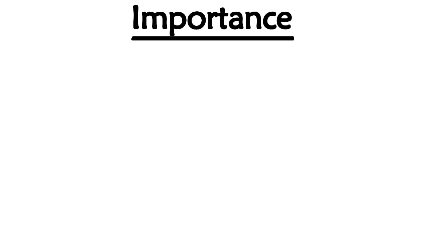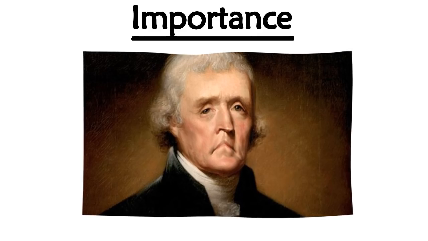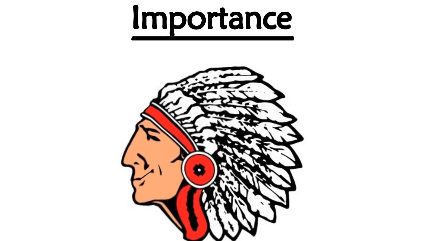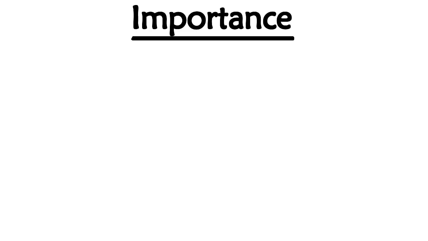Wow, yeah, I know. Crazy, right? If we never had the 3/5 compromise, there's actually a good chance most of American history would be different. Thomas Jefferson, for example, probably wouldn't have won the election of 1800. The Indian Removal Act most likely would not have happened. Andrew Jackson would not have been able to veto the National Bank. And to conclude, we most likely would not have had our compromises that would push the Civil War back for another 50 to 60 years or so.